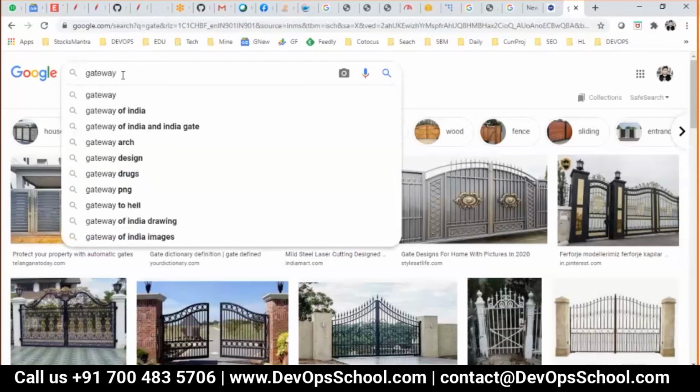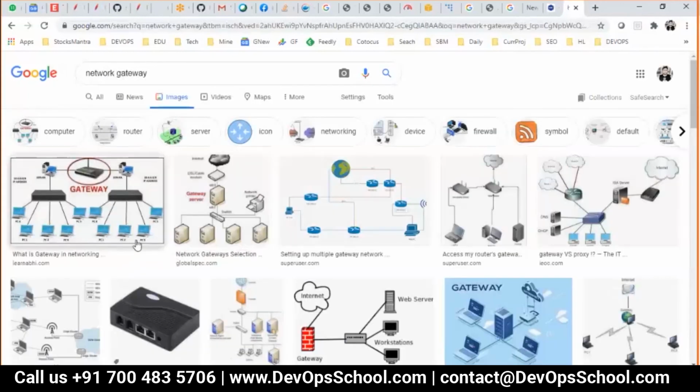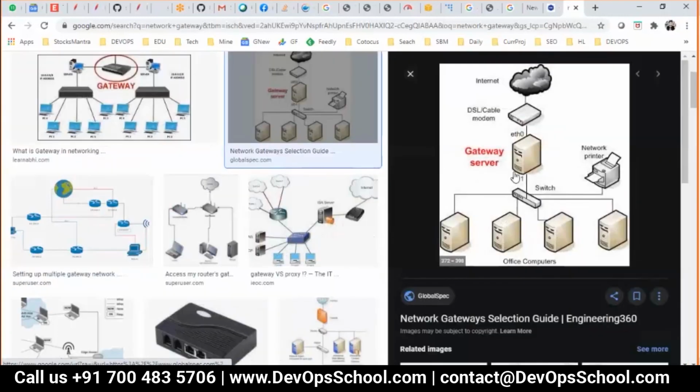Now here I will say network gateway. It's very simple to learn, right? Using the network gateway, your network can transfer to that particular network and its machines. So here the networking rule is, this is the internet, this is your modem router, whatever you want to call it, and the gateway.